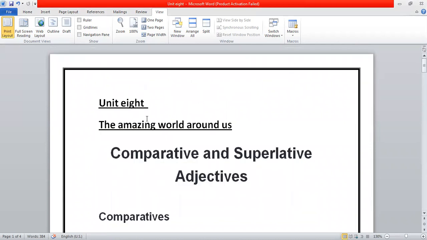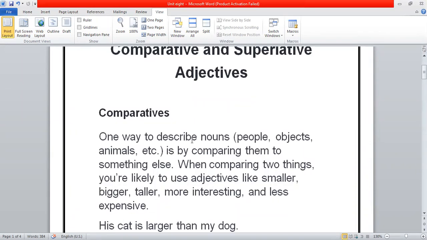It's Unit 8, The Amazing World Around Us. We will start with the grammar lesson. The grammar lesson in this unit is about comparatives. Comparative means what? It's a way that I use to describe nouns, people, objects, animals, by comparing them to something else. When comparing two things,